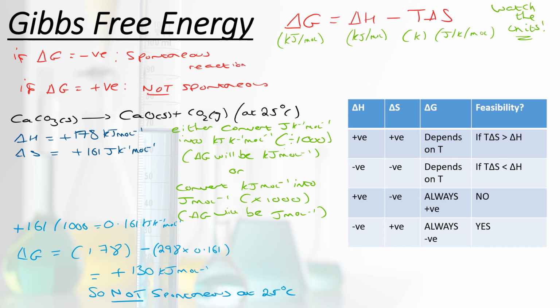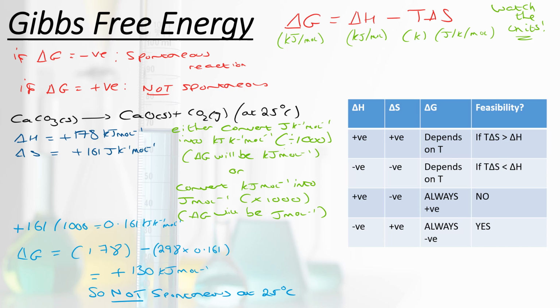And that makes sense because we have an exothermic reaction, which we know to be feasible, plus a positive entropy change, something becoming more disordered. I said earlier on that there's always a tendency for things to become more disordered, and therefore both of those things help and make it a feasible reaction. The converse is if we have a positive enthalpy and a negative entropy change. So here we have an endothermic reaction where our products are less disordered than our reactants are.